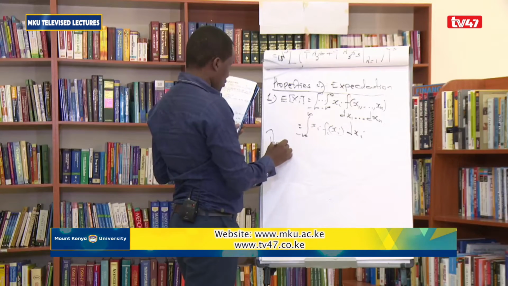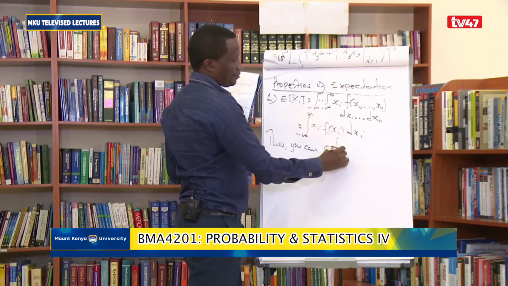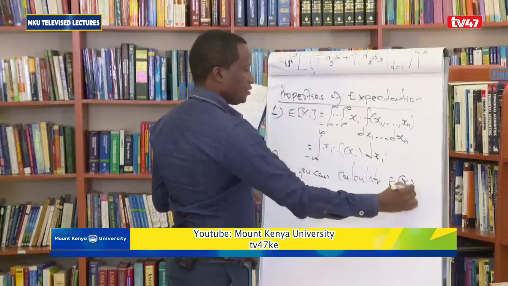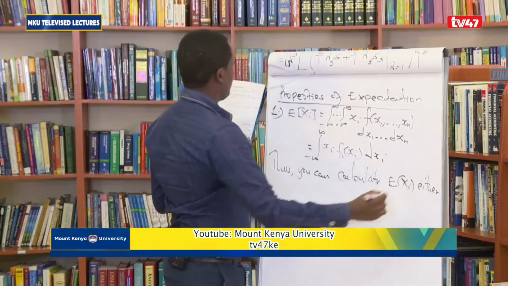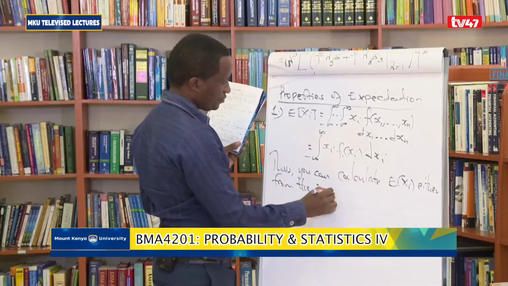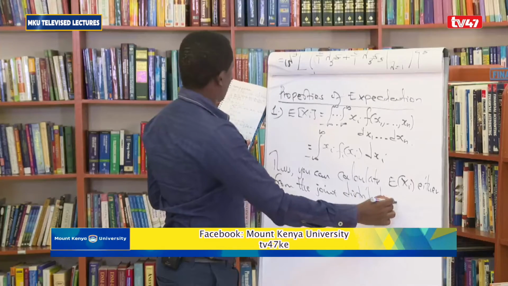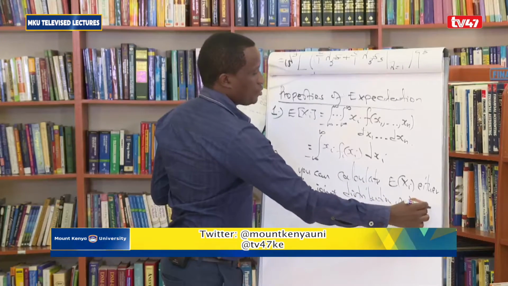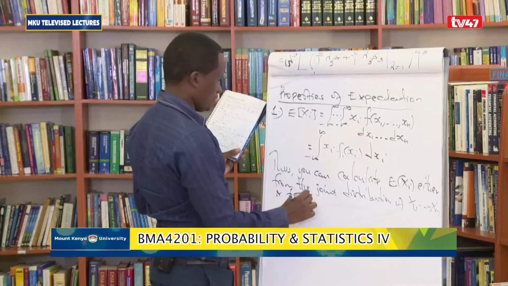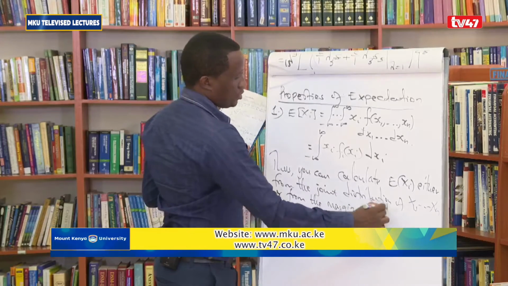Thus, we note here that you can calculate expected of xi either from the joint distribution of x1 all the way to xn, or from the marginal distribution